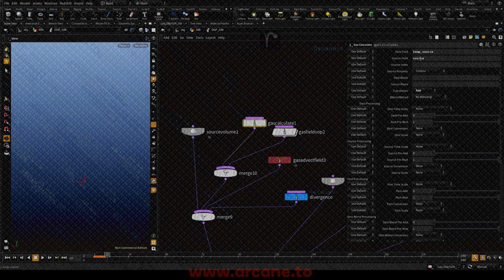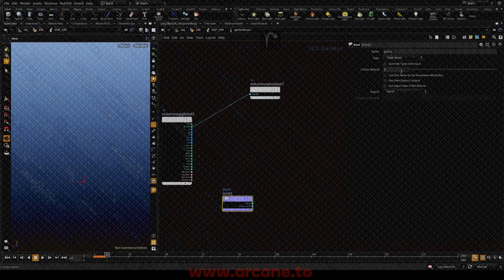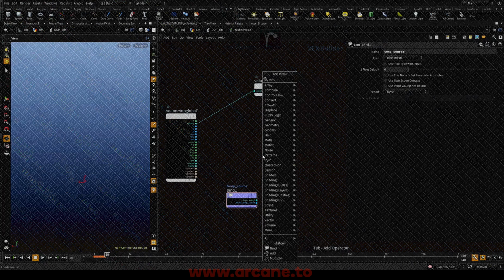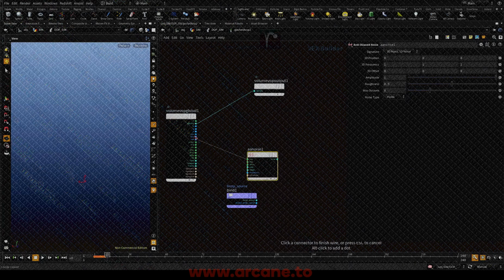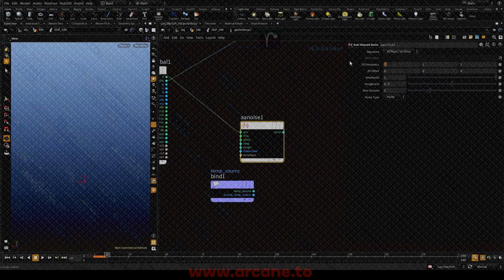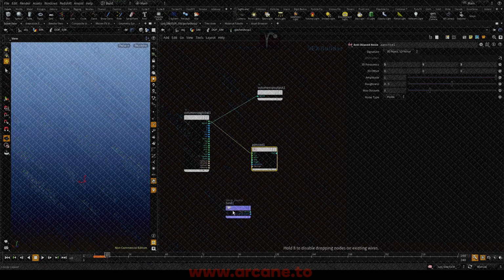Let's copy the name, so temp source, and I'm going to generate a noise based on position. It's totally fine, and I'm going to increase the frequency to 5, 5, and 5. I'm going to multiply that